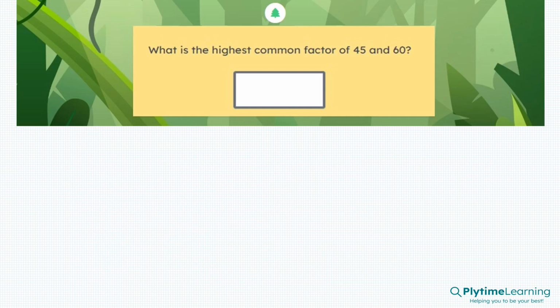What is the highest common factor of 45 and 60? What's the question asking you to do? Find the factors for each number first of all. So for the number 45,